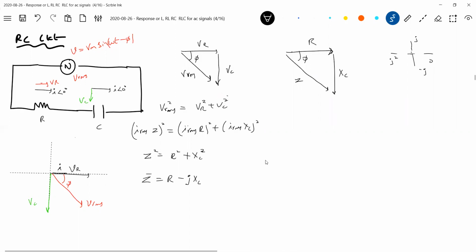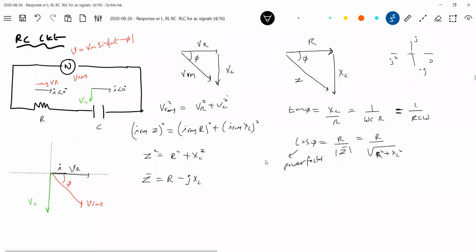This is about the voltage triangle. This is about the impedance triangle. And then I want the phase angle of the circuit. Tan phi should be equal to XC by R. What is XC? 1 by omega C. This is R. So by varying frequency, I can control the phase angle. Let's come to the power factor. What is power factor? R by mod of Z, which is R by square root of R square plus XC square. I think all these formulas you have to remember. This is the power factor.